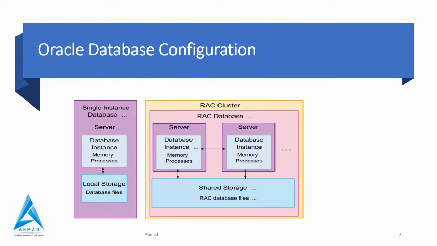A startup has three stages. Everyone knows that: nomount, mount, and open. At every stage it will check internally the things which are required for that particular stage. If anything is missing, it will give an error. Got it? Like in the nomount stage, it will read the parameter file and then create the SGA, or you can say memory, and then it will start the background processes, and then your instance will be configured.